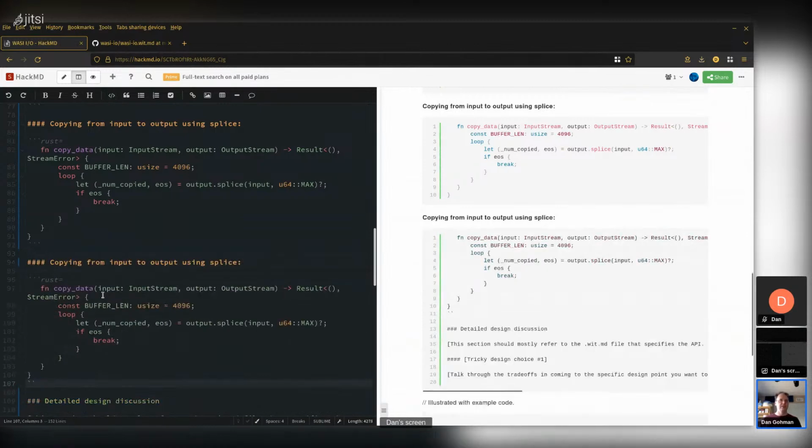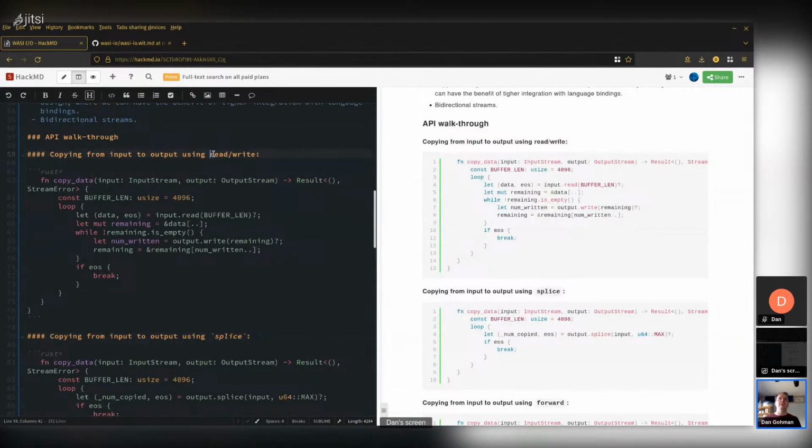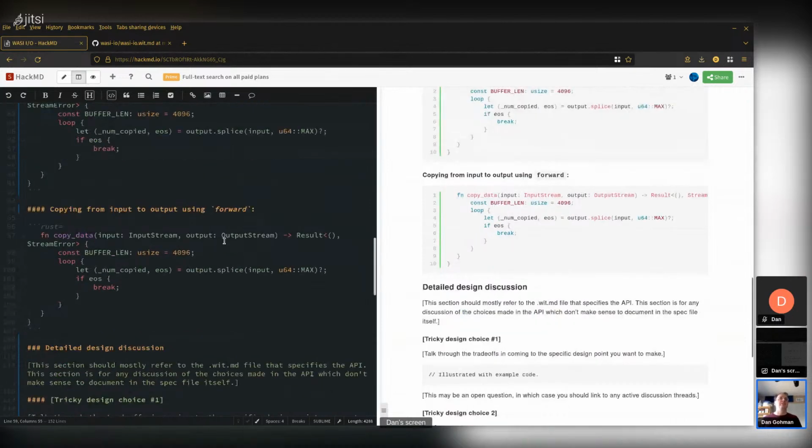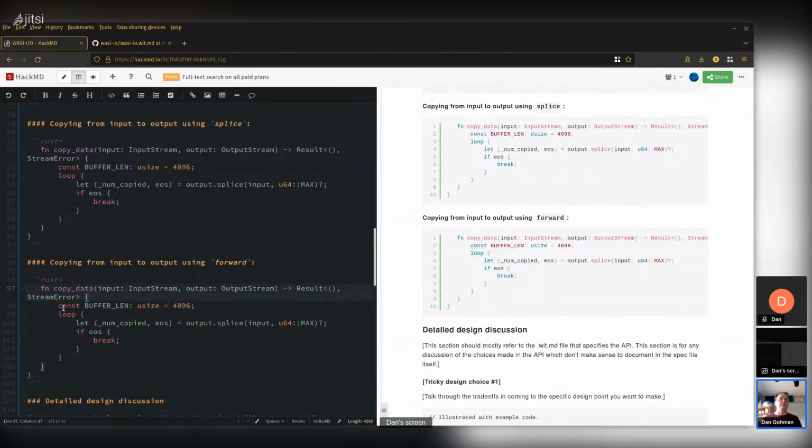In another use case, using forward, code quote this stuff because that's good. So we're going to copy with forward. And now we don't even need a buffer len. That goes away entirely.